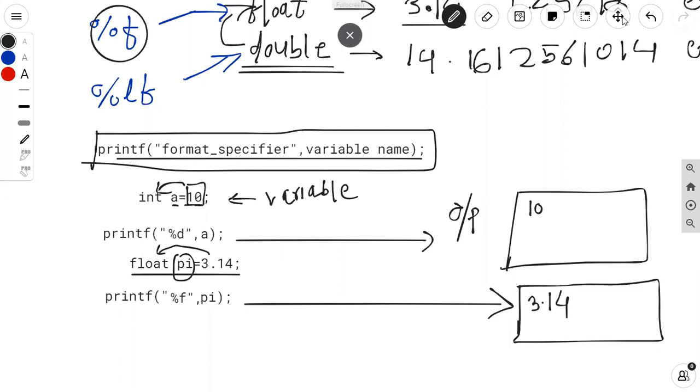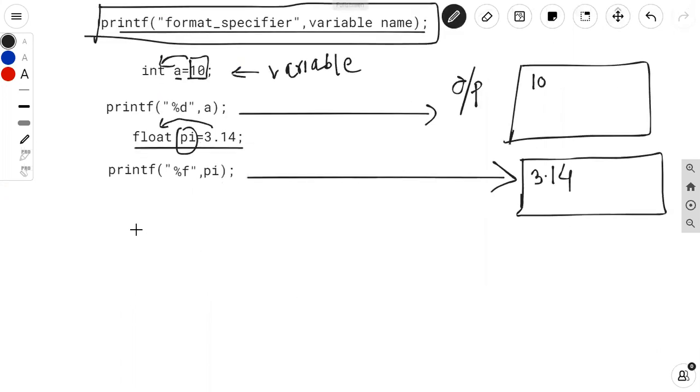Okay. Now, similarly, you can display the value of a character also. Suppose I declare a character variable. Ch is the name of the variable, and a character is always enclosed in single quote. So capital R is my value of the character variable. Suppose I want to display this character on the screen. So I can use the printf function.